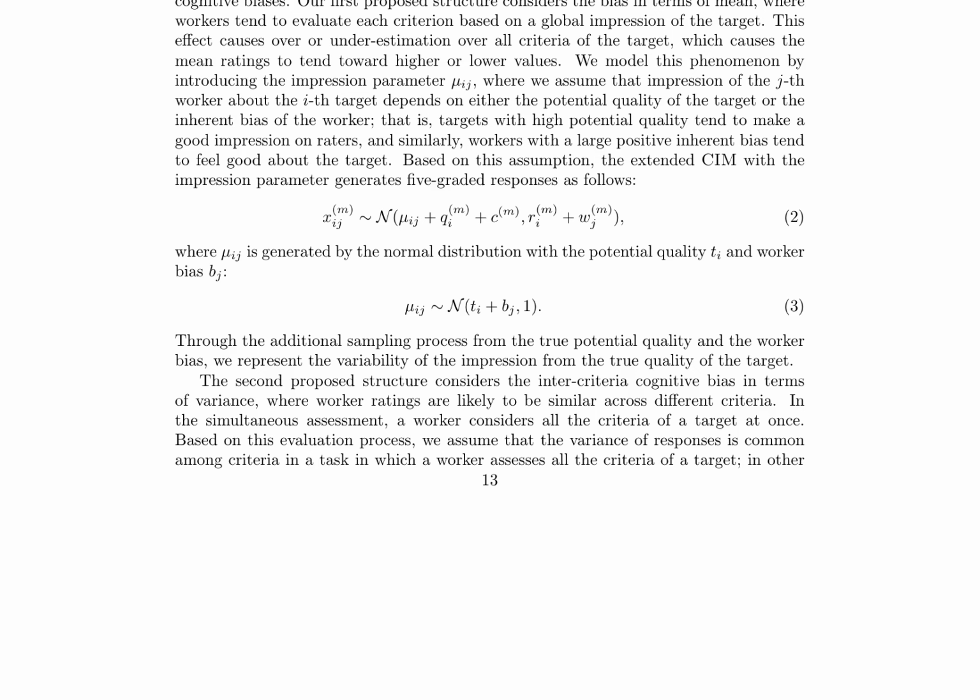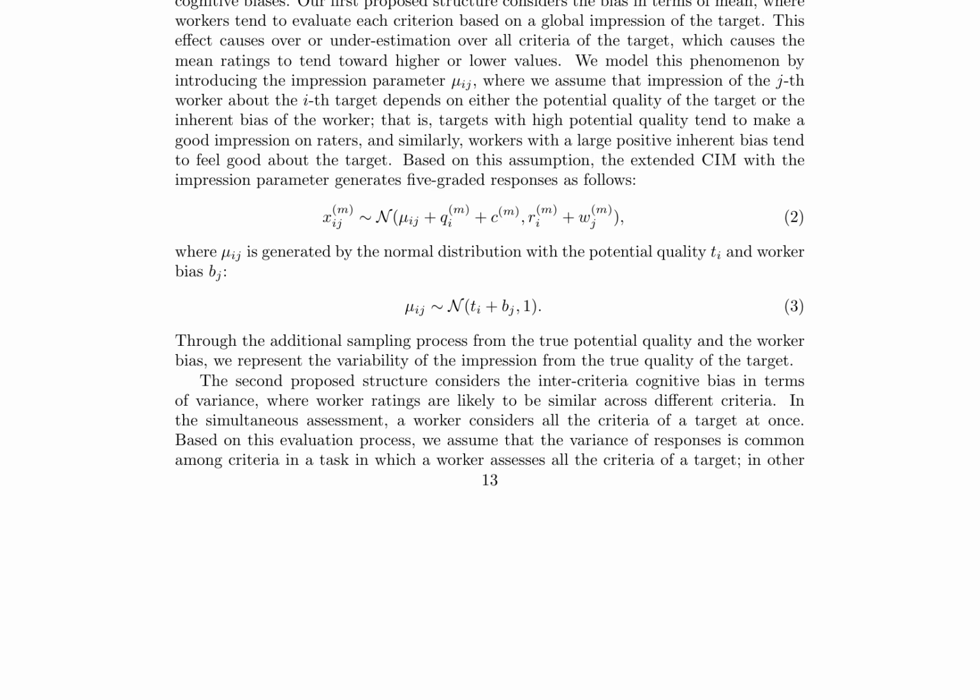The model is represented graphically in Figure 5, where the observation x_m,ij is indicated by a shaded circle. The variance of the responses is common among criteria in a task, reflecting how a worker assesses all criteria of a target. The IMP-CDM captures the cognitive biases in worker ratings, where workers evaluate each criterion based on a global